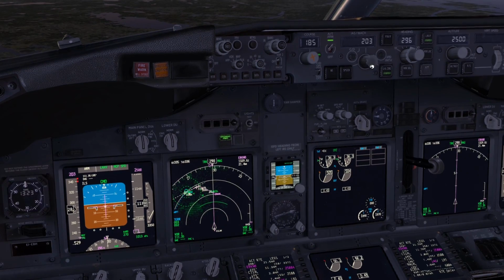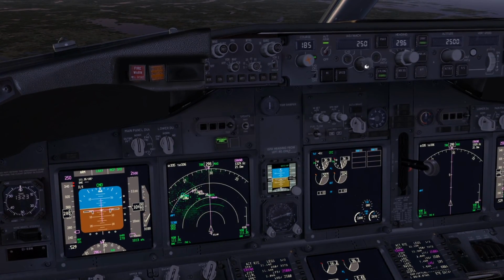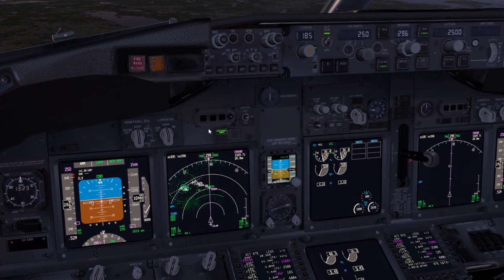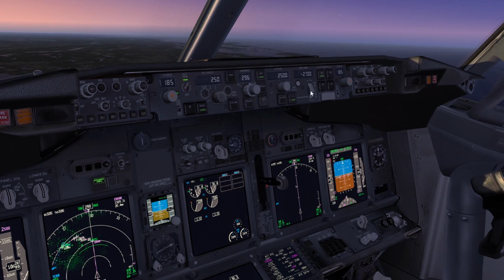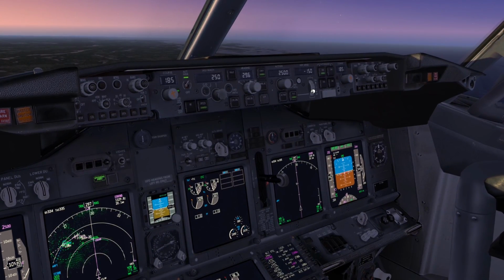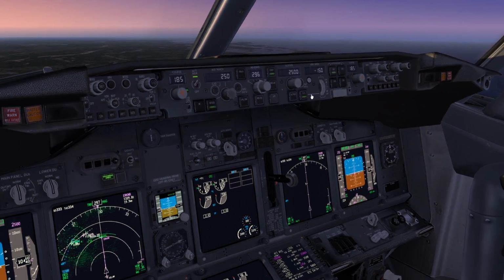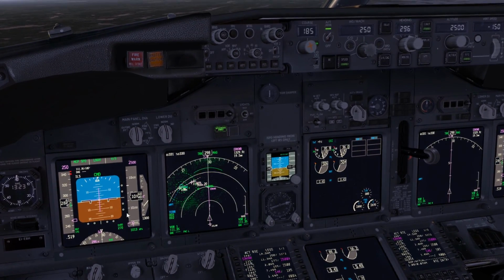Okay, so here we go back to 250 knots. We'll keep the speed brake extended, of course. We can help it out a little bit. Even the real plane is a bit slow to correct, so we can go over to VS for a short time. We can select a very low rate of descent. It will more rapidly correct